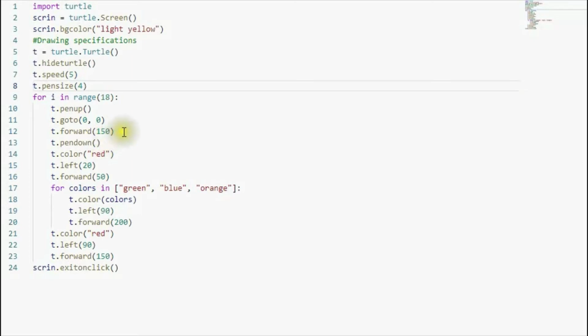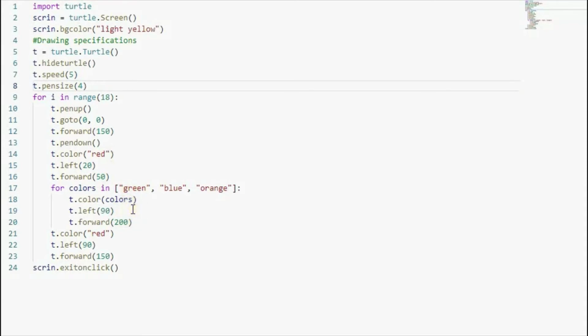Okay, and then once I have already defined the point of rotation of the square, I apply here the color red for the first side, and then I start drawing the square. In this case, I want the square side to be oriented 20 degrees to the left of the radiating line here. Okay, for the first side it is red, and then I make it side length 50, and then